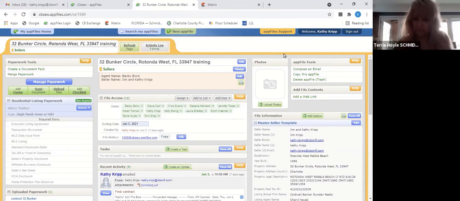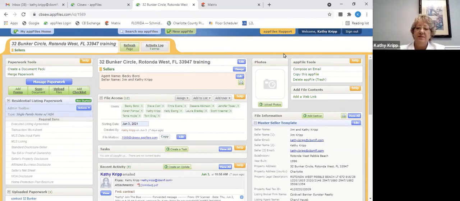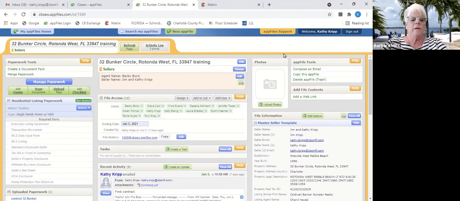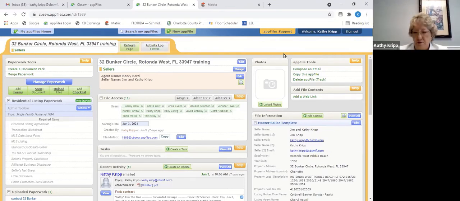It's still going to be recorded, because that link still ties it to Appfiles, so it's all still going to be in our behind the scenes. That was what I was concerned about. I want a record of what I sent. I definitely recommend that everything you do, you do through Appfiles as much as you can. I think it was last week when we had the outage with the email program, when I was training that,